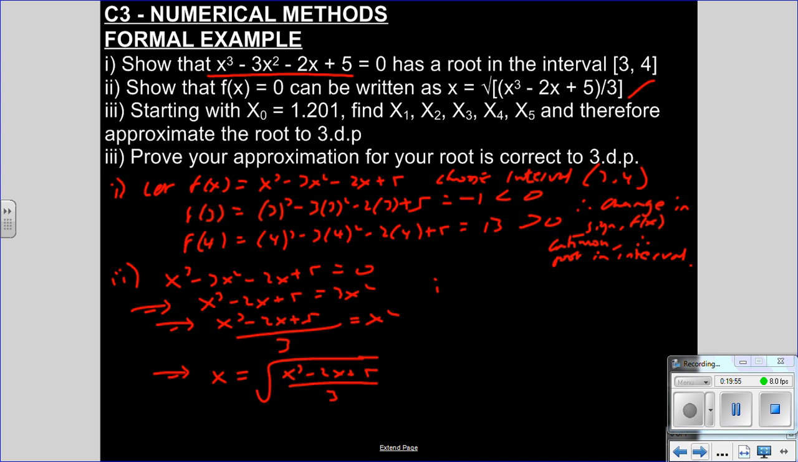Happy with that. Part 3 then. Starting with x naught equals 1.201. Find x1, x2, x3, x4, and x5. Okay, so likely in the exam they would then give you this as the next line. They give you your recurrence relation, they give you that first value, and now you're going to your calculator and you put in 1.201 equals. You're then pressing square root. Do this with me, yeah? Answer cubed, you got to practice on that calculator. Minus 2 answer plus 5, divide by 3. You should get